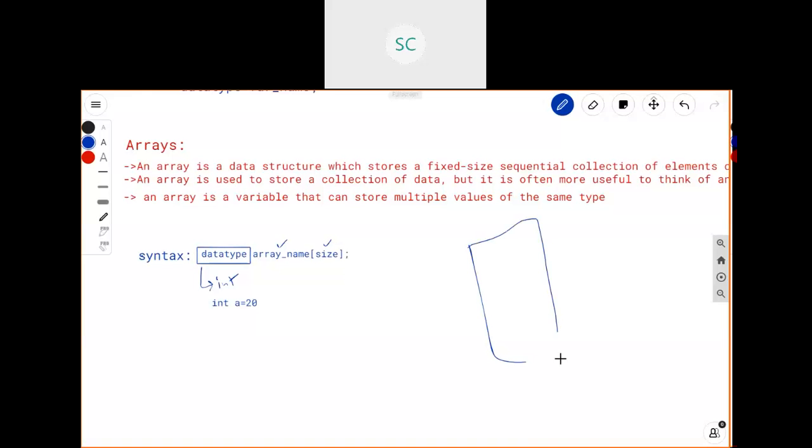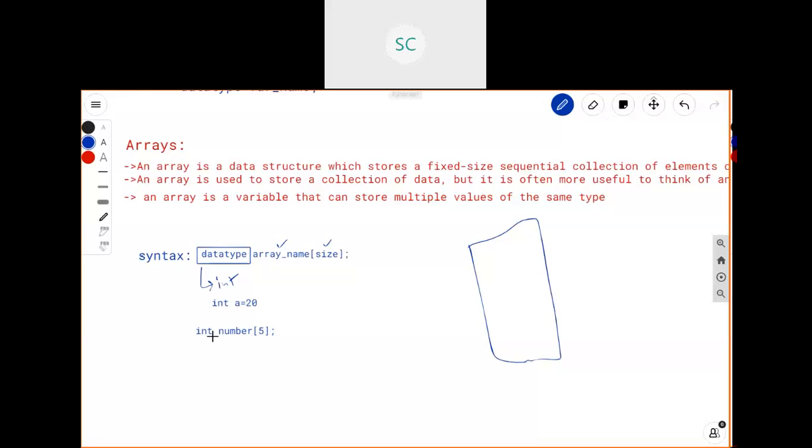Consider this is the RAM. Just observe a similar example here. I am going to create one integer type array. I am giving the array name as number. int is the type of the array, number is the array name, and I am giving size 5.